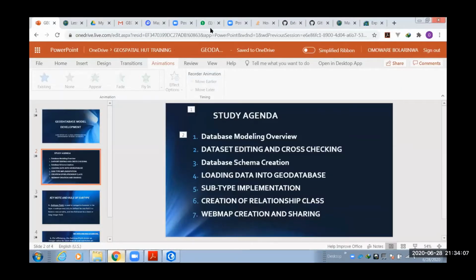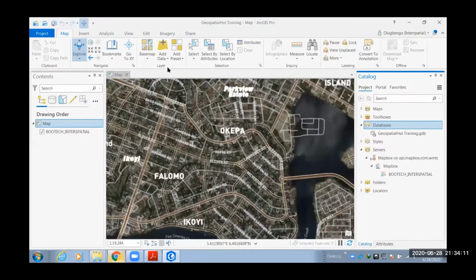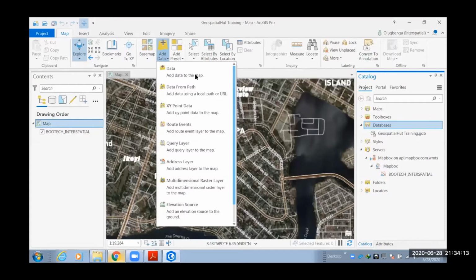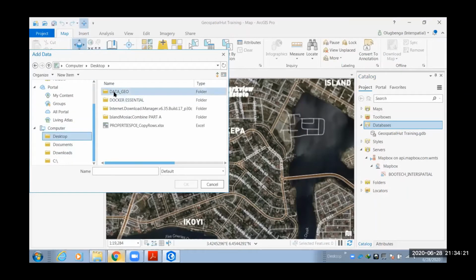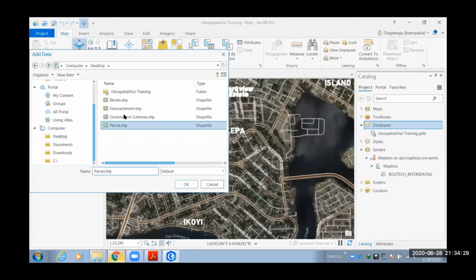When you want to add data, just like ArcGIS Desktop, you go to add data, then come to data, then navigate to where your data is. For me, I have it on desktop under data geo. Then you can see that the